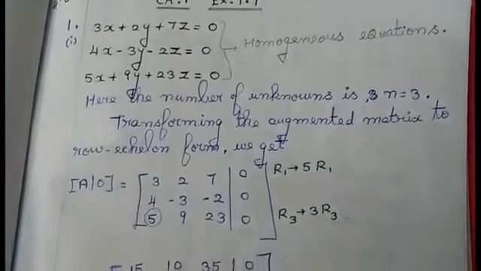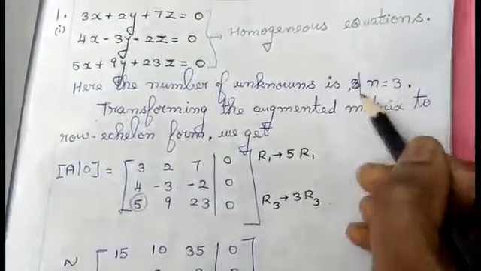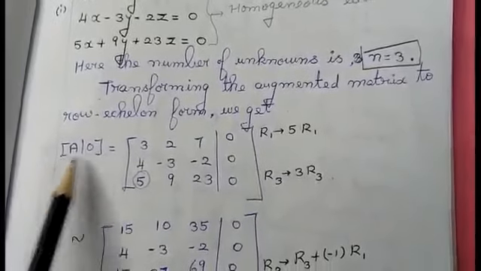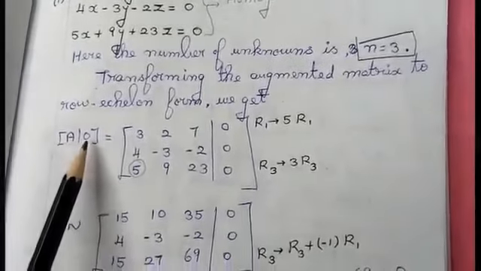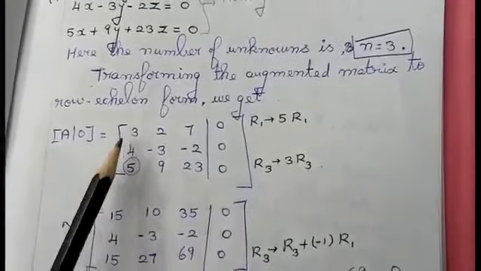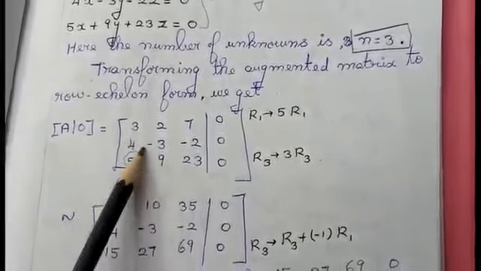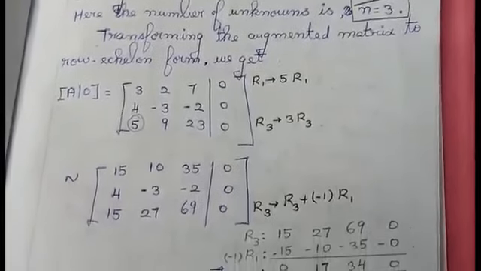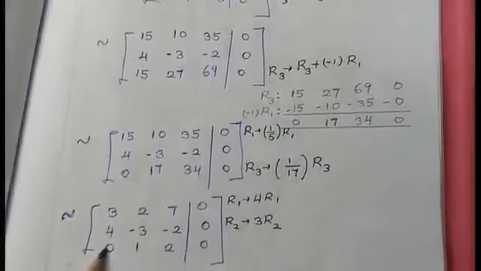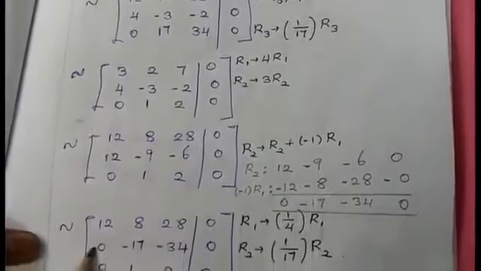As usual, the same procedure we are going to follow as done in 1.6. First I find the number of unknowns, n equal to 3. Here instead of the augmented matrix AB, I am going to use A0. I am going to find the row echelon form. As usual, the entries 4, 5, 9 in this position I am going to make 0. Just see the calculation, students, using the row echelon form concept. First I am making this position 0. Then I come to the second row and make its first element 0.